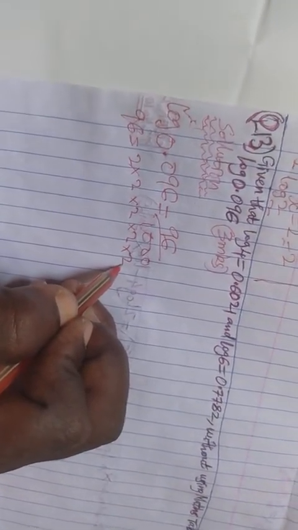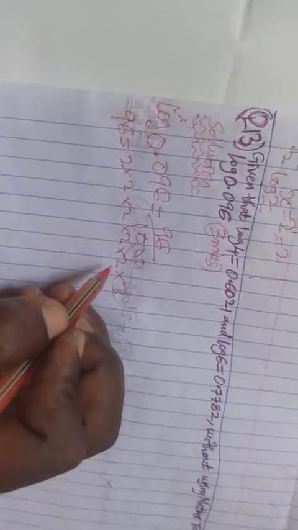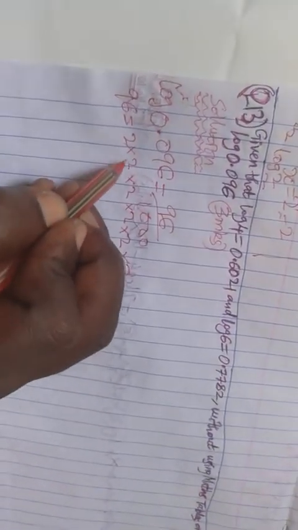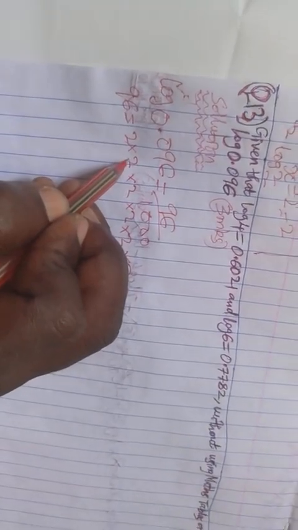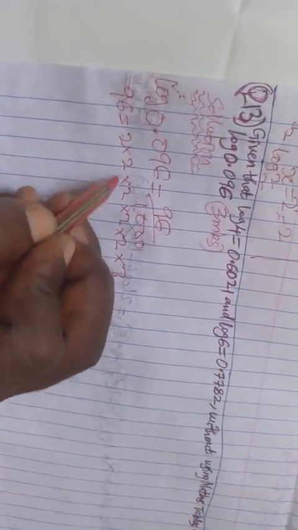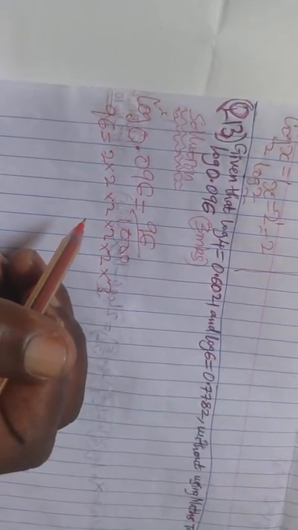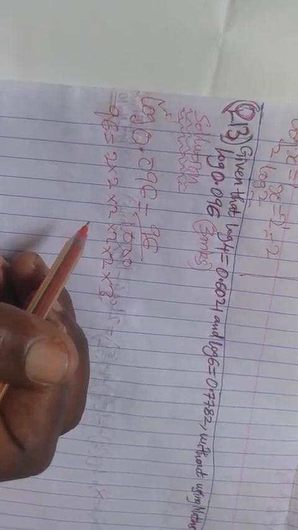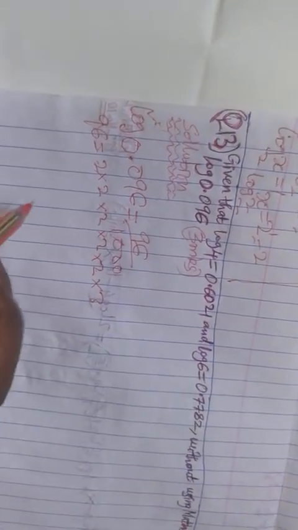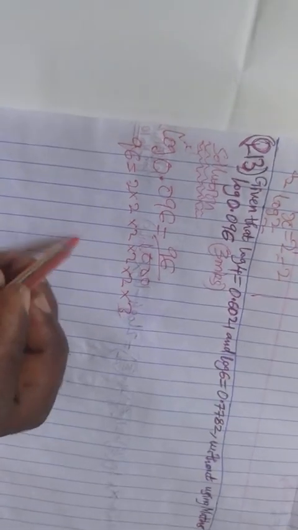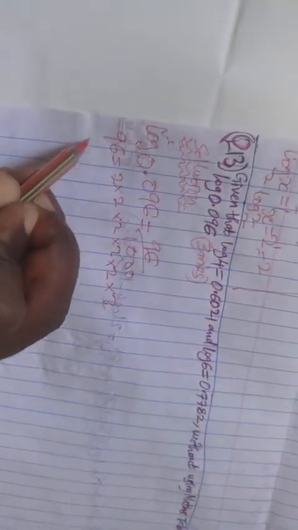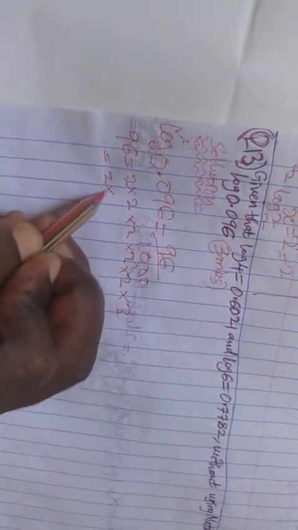Then times 3. Okay, times 3. Therefore, here we say this can be 2 times 2